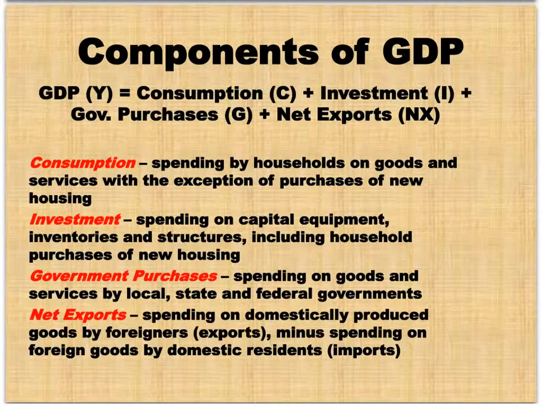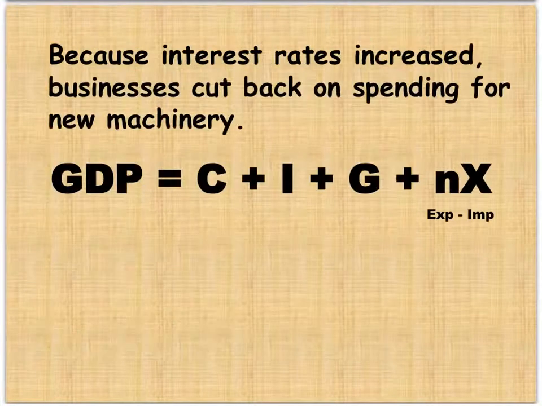Also, inventories, as I mentioned, if you're stockpiling an intermediate good for future use, we'll include that as investment as well. Number three, government purchases, spending on goods and services by, importantly, local, state, and federal governments. And the fourth component is net exports, things we produce to sell to foreigners. Since we include that, we necessarily have to subtract out the things that we buy from foreigners. So it's net exports. It's exports minus imports.